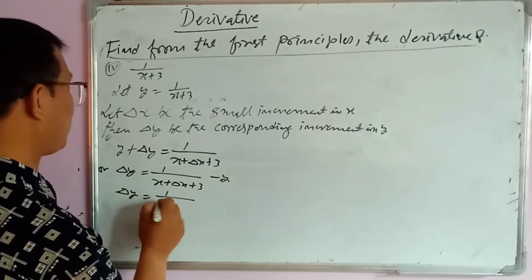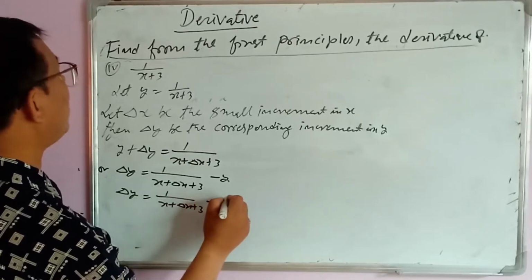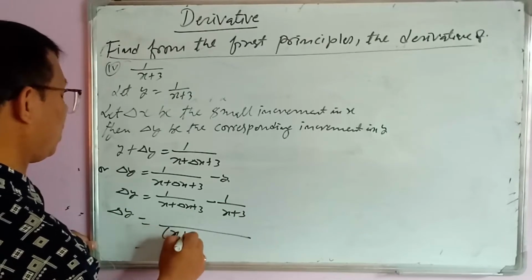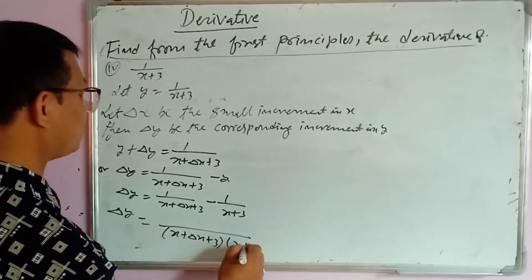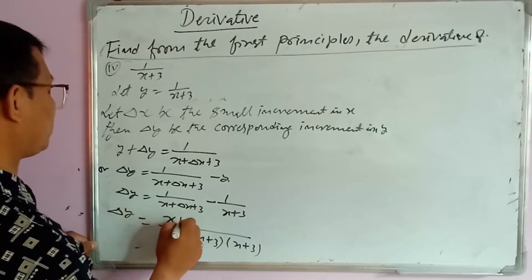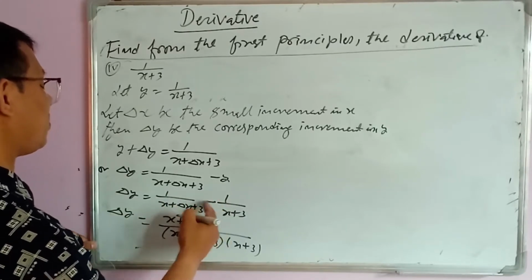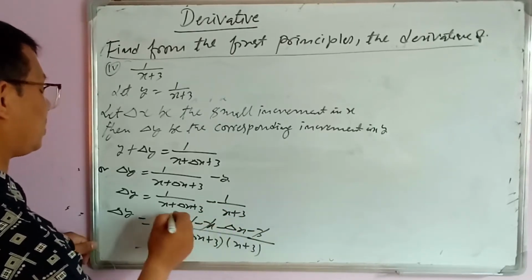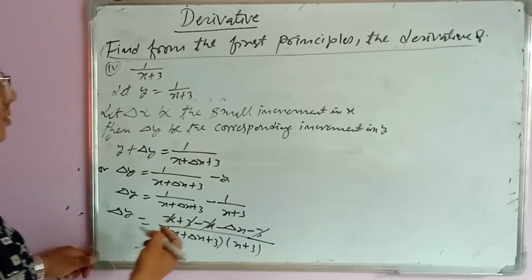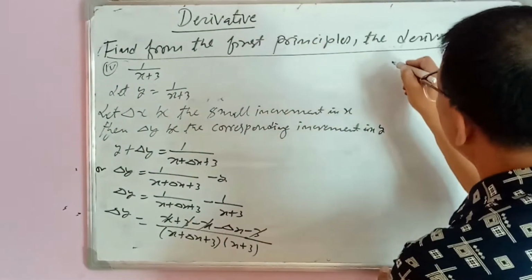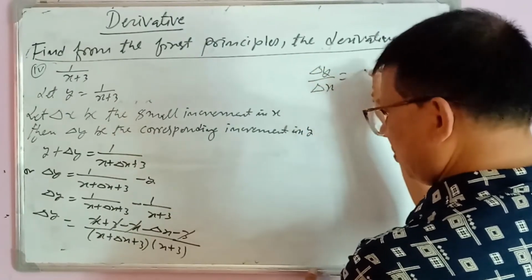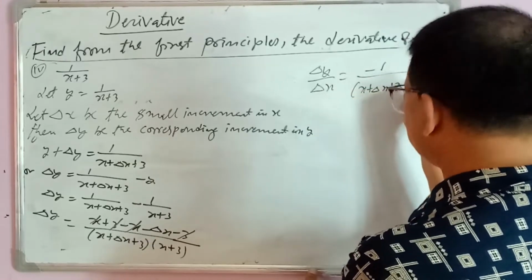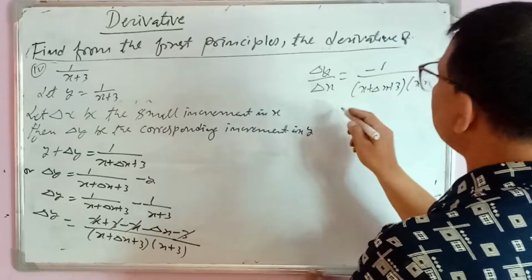Delta y equal to 1 by x plus delta x plus 3 minus y, meaning 1 by x plus 3. Take LCM. LCM is x plus delta x plus 3 and x plus 3. This x plus 3 will multiply to 1, x plus 3. This one will multiply to this: minus x, minus delta x, minus 3. The 3 and 3 cancel, x also cancels, leaving delta x. Now delta x transferring to the denominator, delta y by delta x equal to minus 1 by x plus delta x plus 3, x plus 3. Taking limit on both sides,